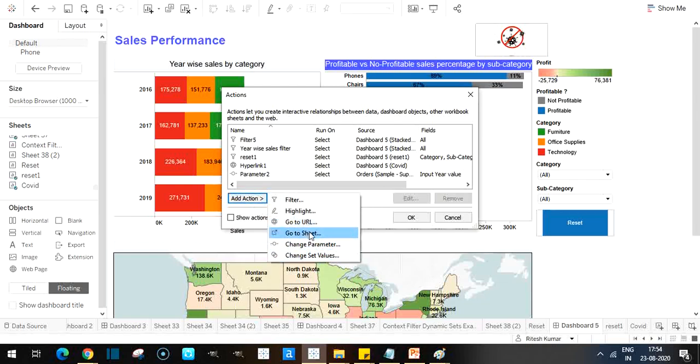So, go to sheets, basically it will just take you to that particular sheet. So if you want to create a filter where you want to go back and forth from a dashboard to a particular sheet, that kind of action, you can create that go to sheet. Okay,